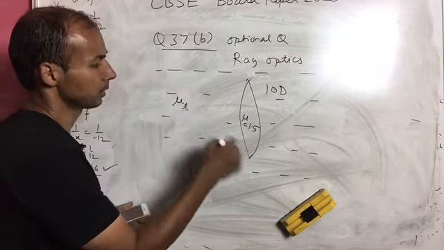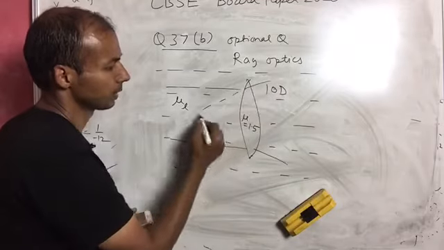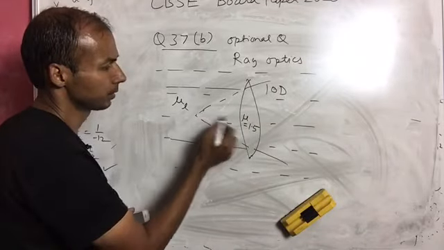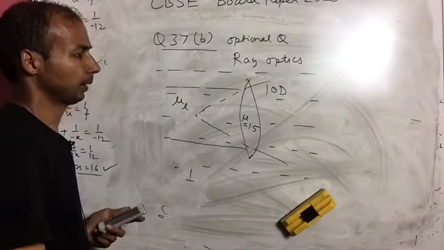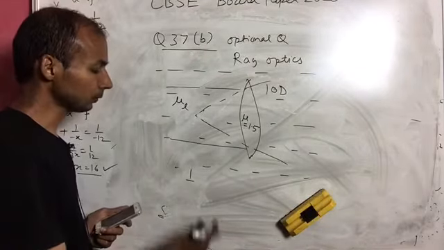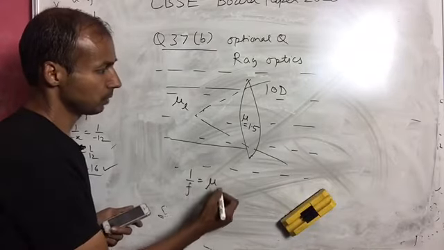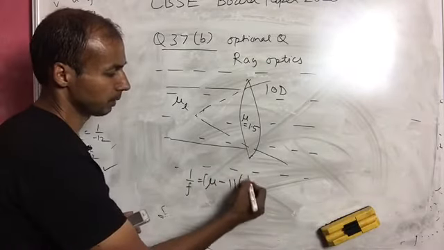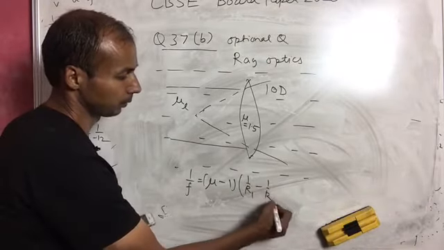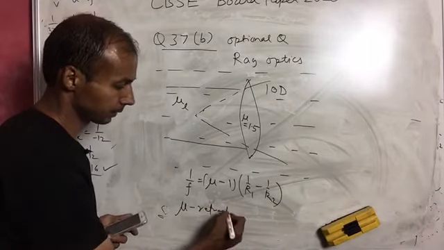In this liquid, if the rays are going, they diverge as if they are coming from 50 centimeter distance, so it behaves like a diverging lens of 50 centimeter. So we'll make use of the lens maker's formula: (mu minus 1) times (1 by r1 minus 1 by r2), where mu is the refractive index